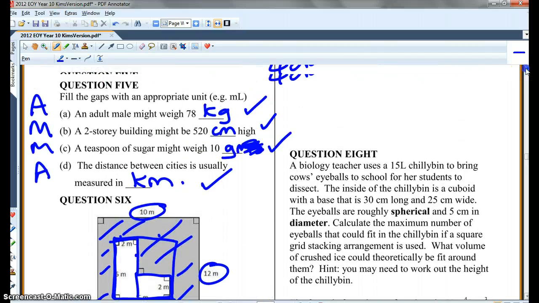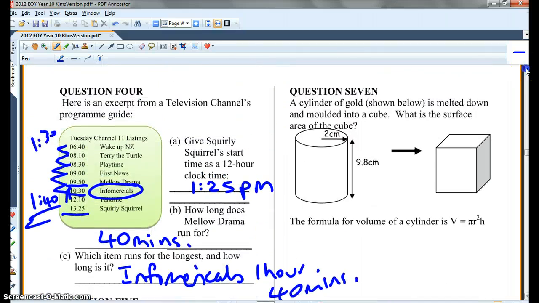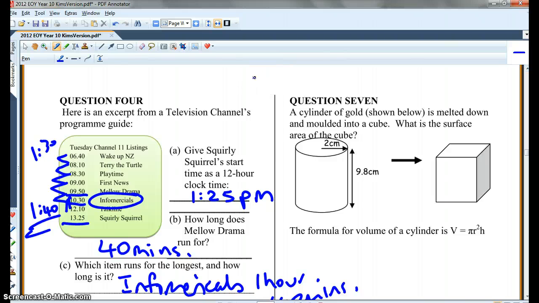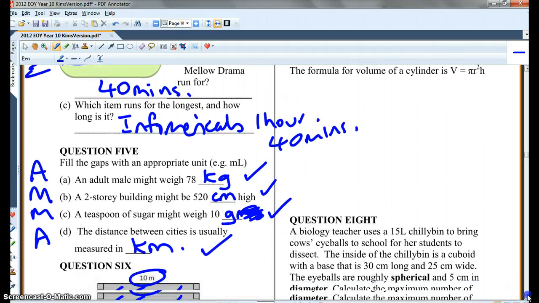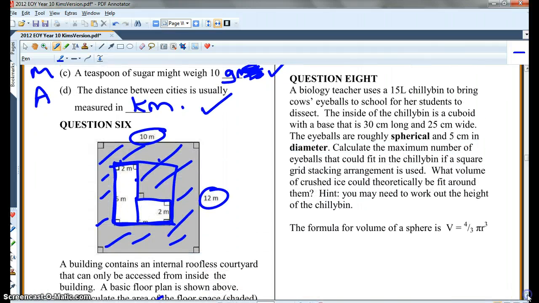Alrighty, so now we're going to go back up here to question 7. Okay, that one I've already done a video of, so we'll ignore that one. Question 8. A biology teacher uses a 15-litre chili bin to bring cows